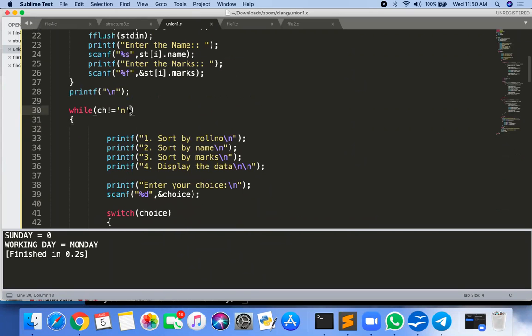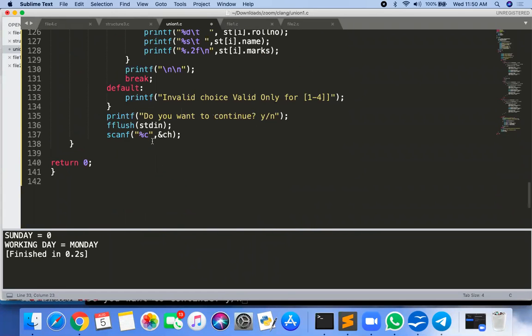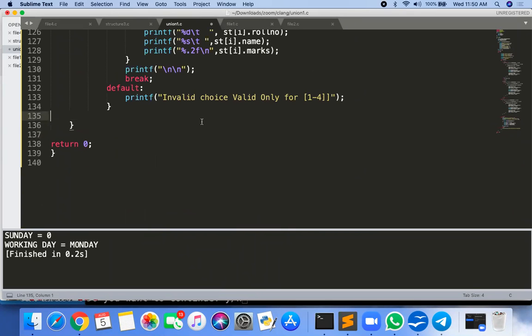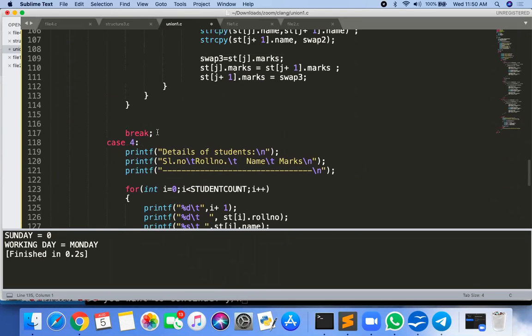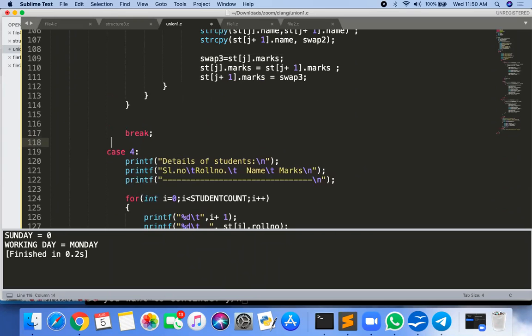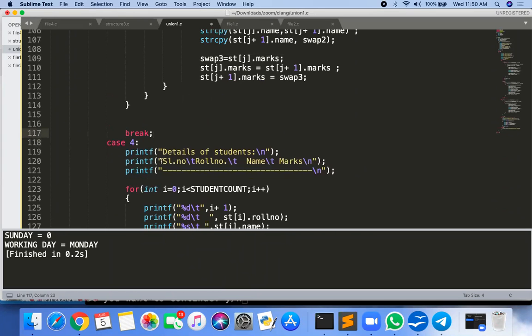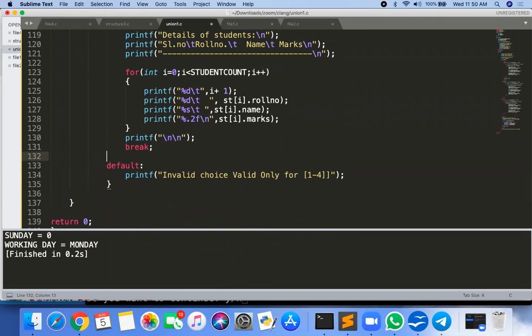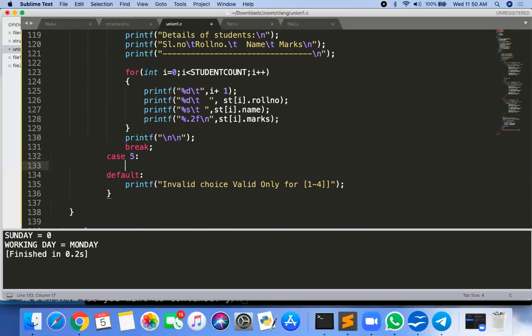Or instead of that, you can also do one more thing. Only while 1. And I'm not using this, do you want to continue? And what I do, I'm adding one case 5. Case 5 I'm adding. And what is my case 5?